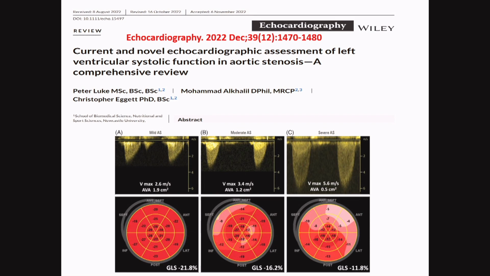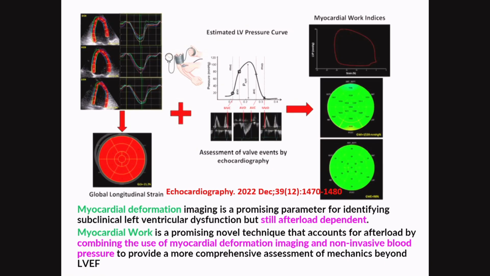Now, this is a nice, novel echocardiographic assessment of the ejection fraction. Not only looking at the strain, what we have seen today, GLS here of 21 in mild aortic stenosis. This is a case of moderate aortic stenosis, and you see that it is reduced down to 16, and severe stenosis reduced down to 11%. There is a novel model here, with software incorporating the blood pressure in a non-invasive way in addition to the strain